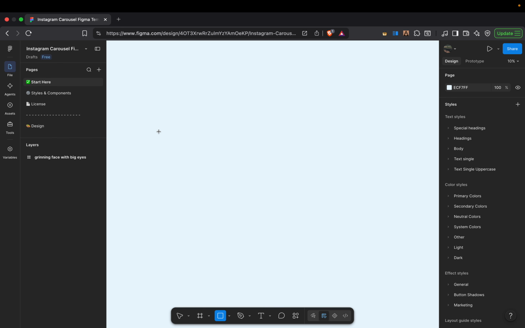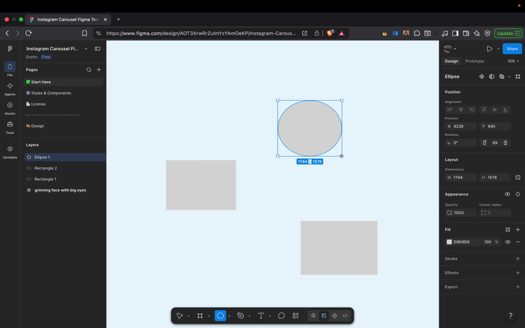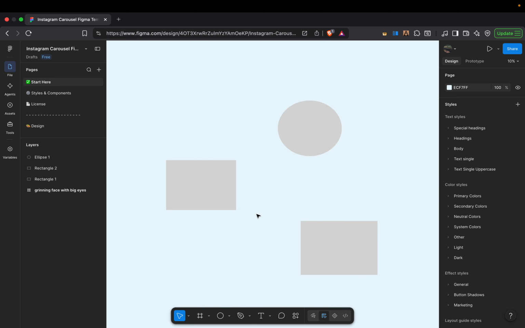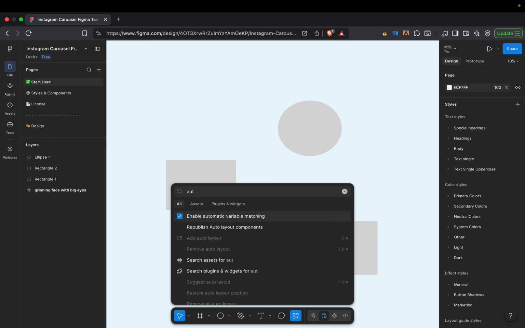So first I select this rectangle, again select this rectangle, one more rectangle, okay, and there is one more circle. Okay, now after creating these, you go for the option of action. In the action you simply search for autoflow. Now guys, here you see the autoflow is not visible, so you simply click the option